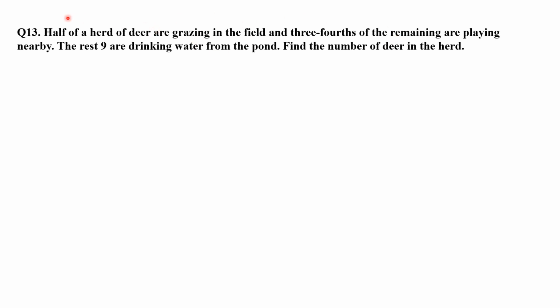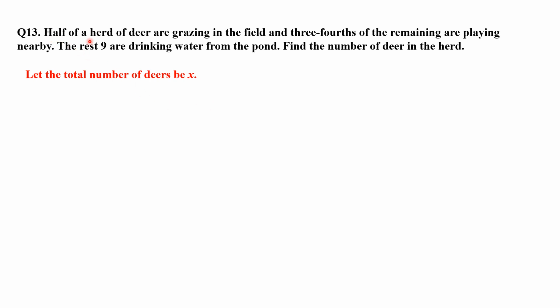From the total you remove half of them. Whatever is left, 3/4 of the remaining are playing nearby. And the rest, 9, are drinking water from the pond. You have to find the number of deer in the herd. Okay, so we don't know how many deer there are, so I'll assume, let the total number of deer be